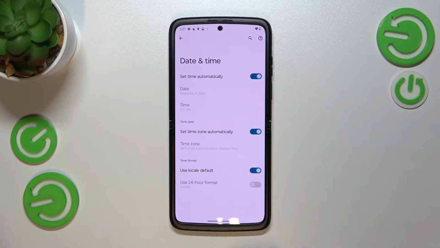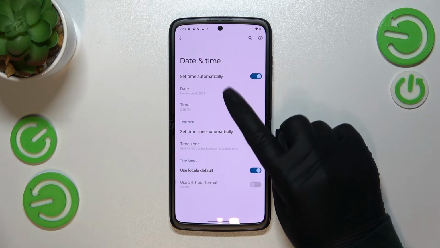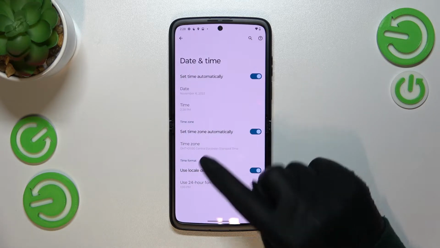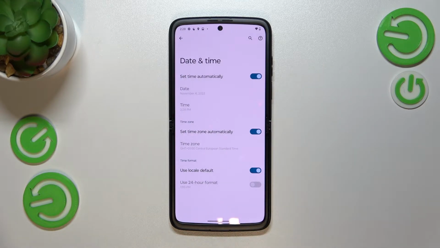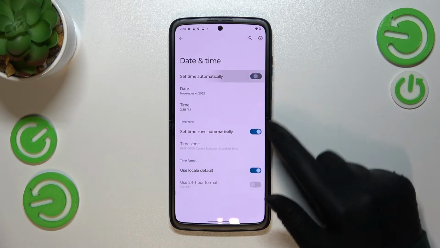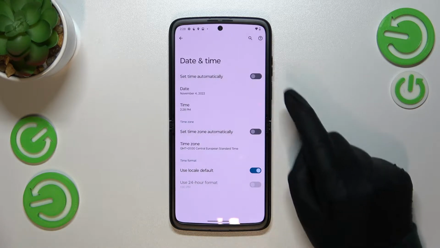Let's tap, and as you can see here we've got some options which we can or actually cannot customize, because as you can see we cannot pick the date, time and the time zone. We cannot set them manually. It is because we are currently using the time and the time zone which are set automatically, so they are network provided. So first of all we have to turn off both of those options,